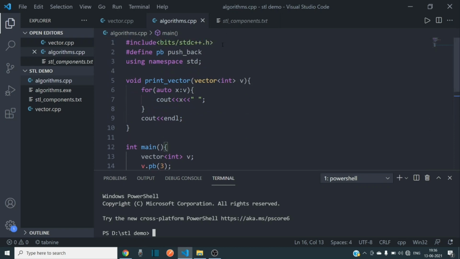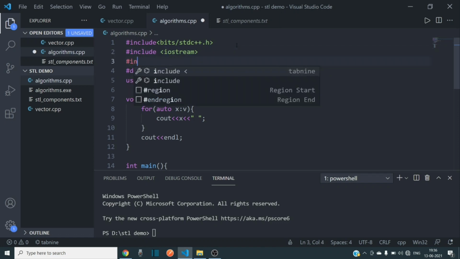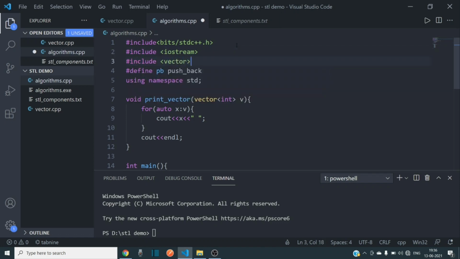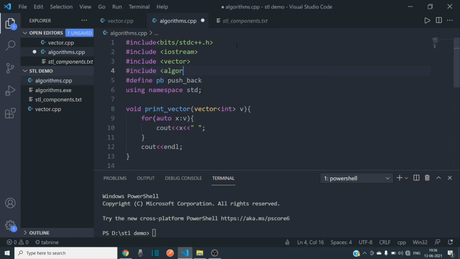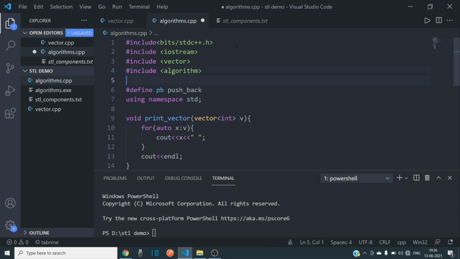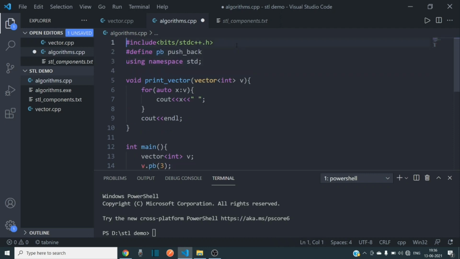I have included #include <bits/stdc++.h>. With the help of this, we don't need to include any other header files, else we would have to include others like #include <iostream>. If I would be using vector, I would have to do #include <vector>, and for algorithm, #include <algorithm>. If you are writing production code, then that approach is beneficial, but if you are just using it in your code, you can just write this line and you don't have to care about which library it's coming from.